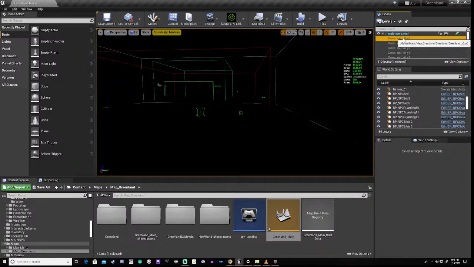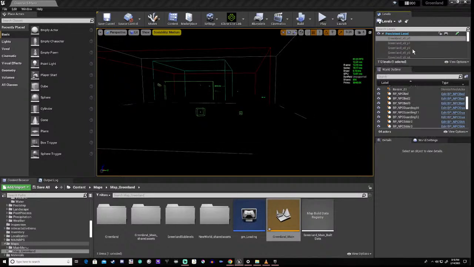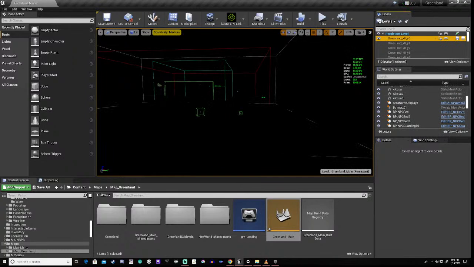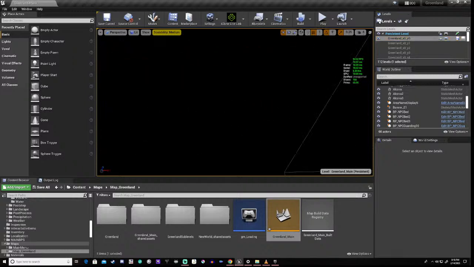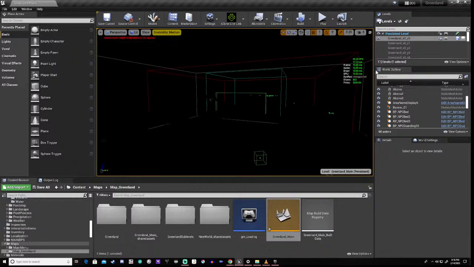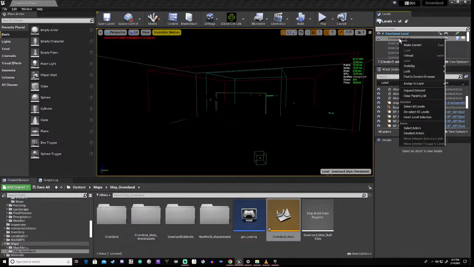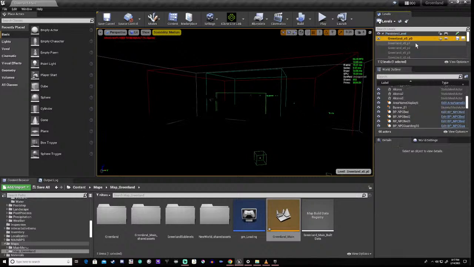Now, I'll load in the first map. This isn't where the first map is, by the way. It's somewhere else that I don't know where. So what I'm going to do is unload this, or let's make it current.